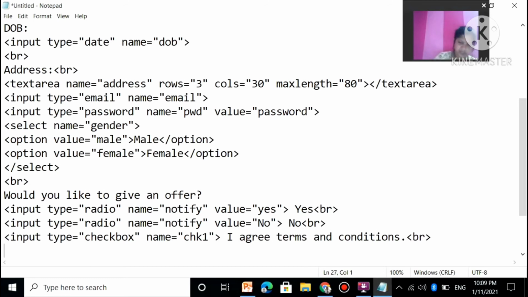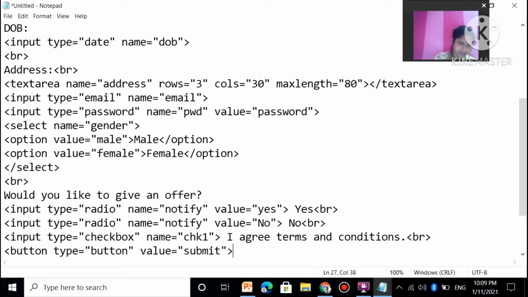Okay. Here button type is equal to button. Value is equal to submit. One submit button or cancel button. Okay.